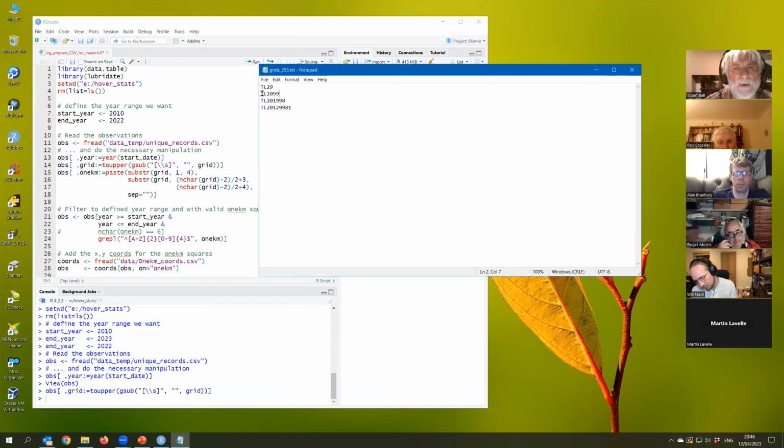So clearly, the first thing I can do is take the first 4 characters, because that's always going to be the first part of that 1 kilometre square. So what we're doing here is taking a substring of the grid starting at 1 and ending in 4. So it's those 4 figures. I then need the 2 figures representing the Y part of the 1 kilometre square reference, which are those 2 or those 2 or those 2. So I've got to work out where they come. So if we just do 1, 2,